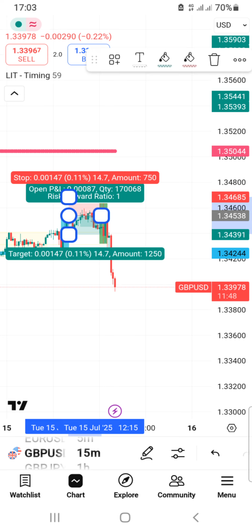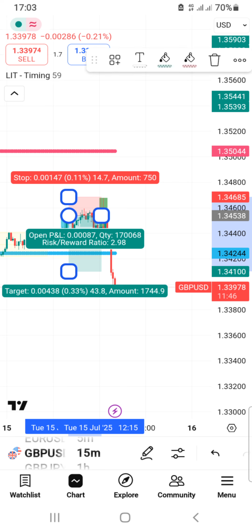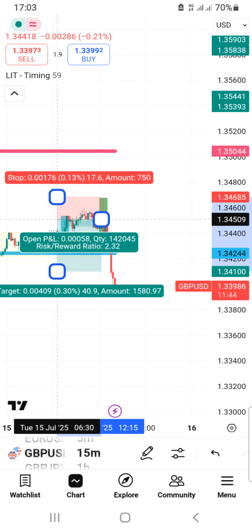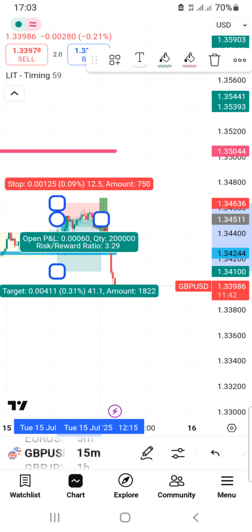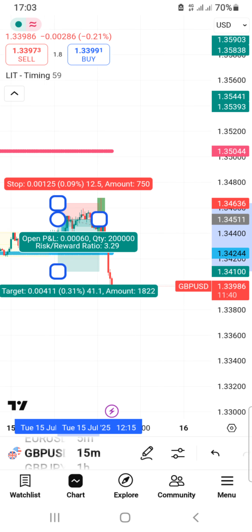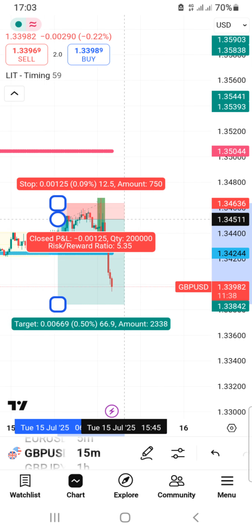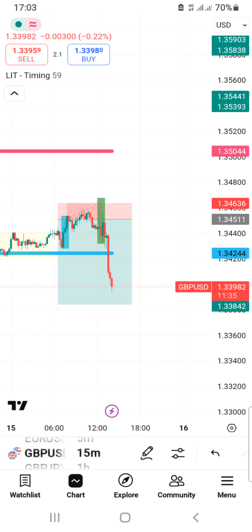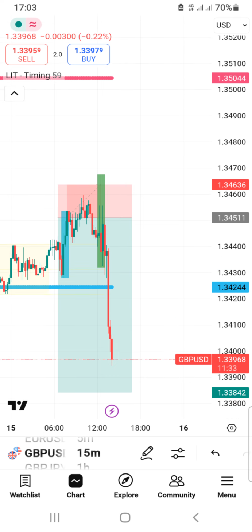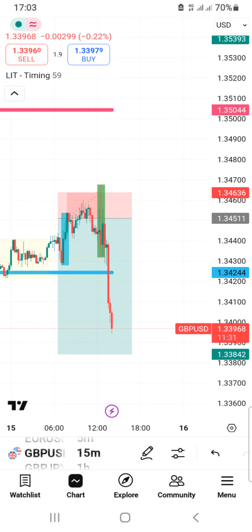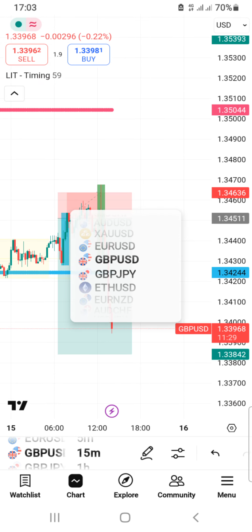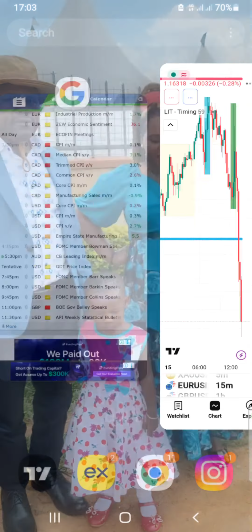I took the trade from here, was aiming for here, put my stop loss up here, as you can see. So I was stopped out really badly. So it was a good trade. So another trade where I was stopped out was